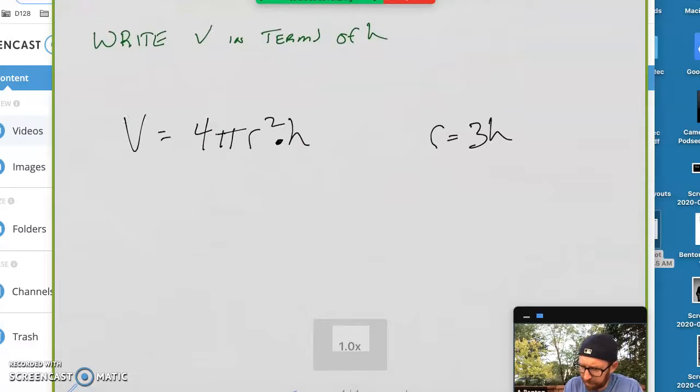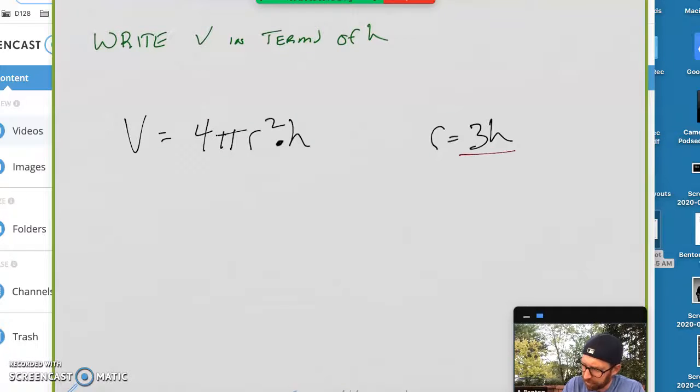One last example here: write V, so volume, in terms of H, lowercase h this time. So again, I'm going to take this and plug it in to H, because right now, let's go through it. V is a variable, but I want to write V in terms of H. 4 is a constant, pi is a constant, R is a variable, H is a variable. So I just want one variable. So I'm going to replace this